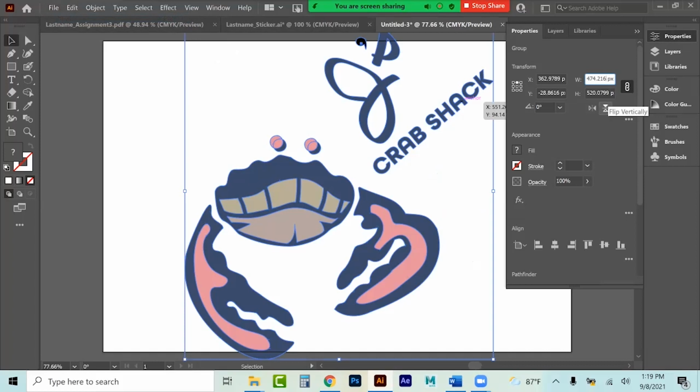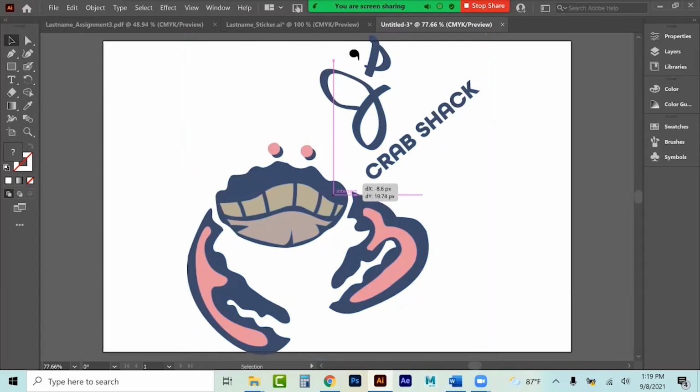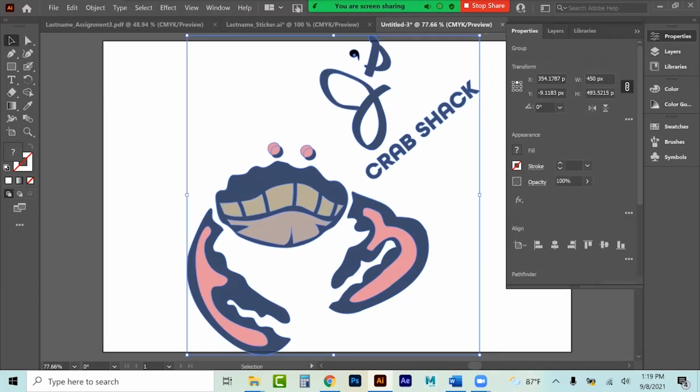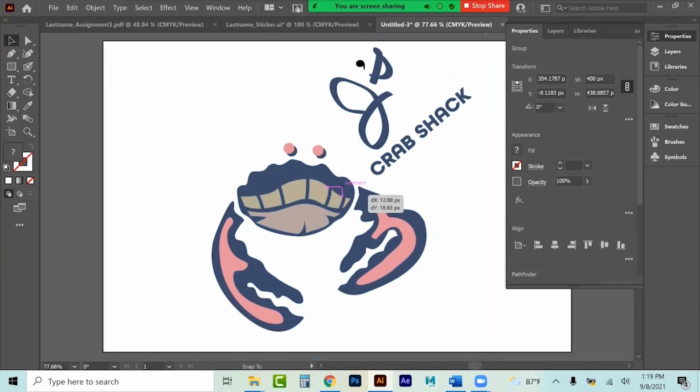And now I just have to make it fit. What am I in pixels here? So it should be less than 480 high, which would be something like 450. No, a little bit more. So you see,